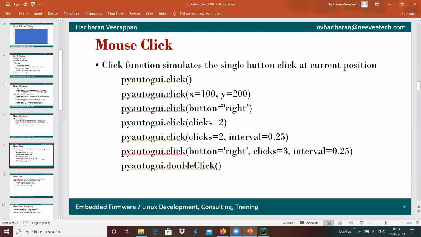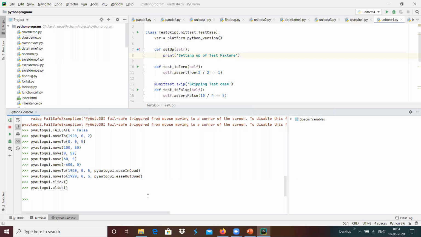to give X and Y respectively. For example, I'm having the cursor over here, and I wanted to do PyAutoGUI.click with maybe X equal to 0 and Y equal to 0.